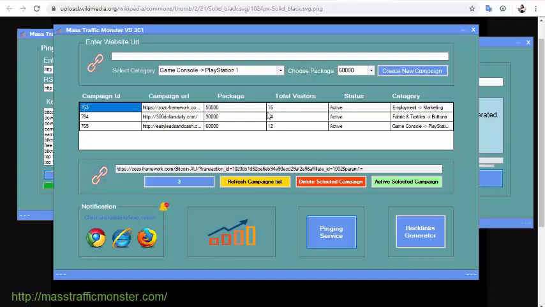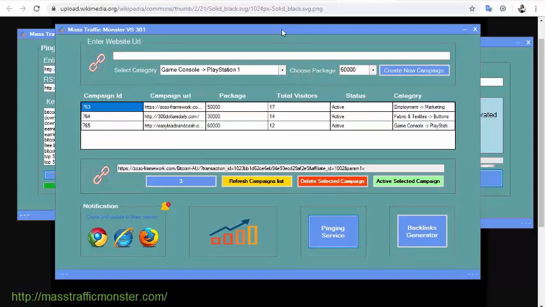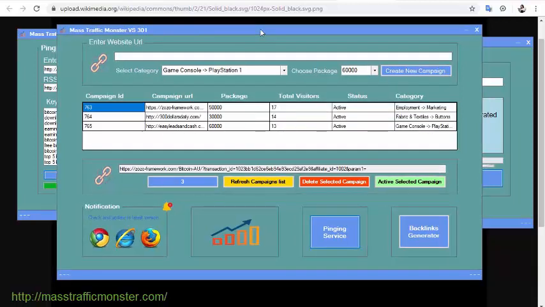Okay, so basically this is my review about this great software, and if you want to get this software, you can search on Google for Mass Traffic Monster, or you can click the link below this video and get this software